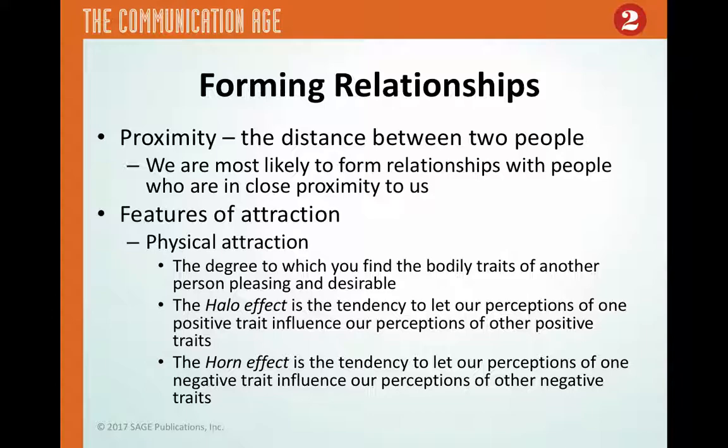The horn effect is the opposite. This is when we have one negative impression of somebody and then we attribute the rest of their actions and behaviors to that negative trait. So say when you're first meeting somebody, they say something rude to you or they come across as mean. Everything that they do moving forward, you're going to attribute to them being a mean individual. So in the halo effect, we see everything in a really positive light, and in the horn effect, we see everything in a very negative light, in terms of another person and their actions, behaviors, and communication, all based on that initial perception that we gained of them.